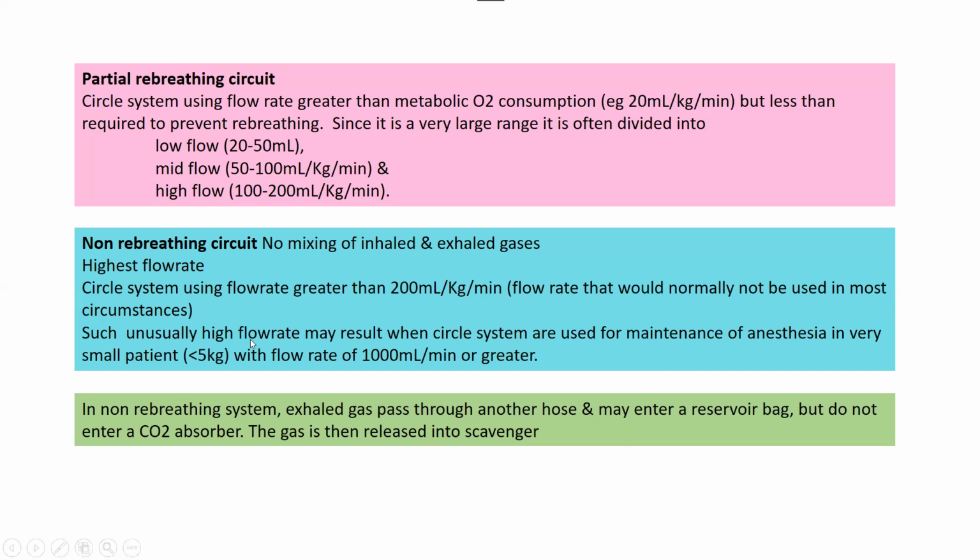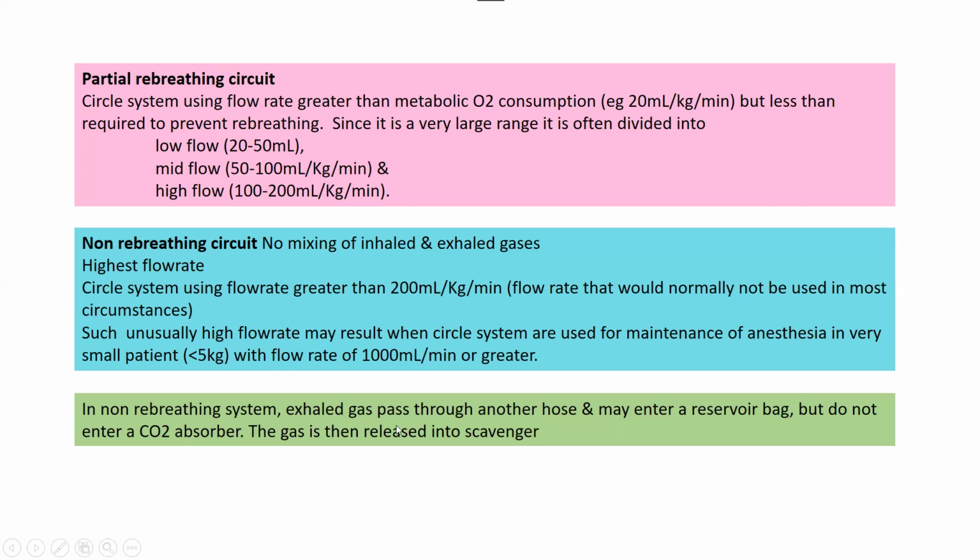Unusually high flow rates may result when circle systems are used for maintenance of anesthesia in very small patients, less than 5 kg, with a flow rate of 1000 ml per minute or greater. So basically this is a very uncommonly used circuit, and we only use it in patients that are less than 5 kg. And since these both are subtypes of the Bain system,